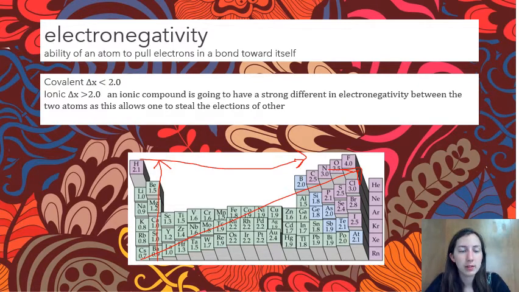Okay, so this X isn't actually an X. It's a fancy Greek letter, called delta, I think. But anyways, because this represents electronegativity, if the difference between the electronegativity of the two atoms is less than 2, then it's going to be covalent. If the difference between the electronegativity of the two atoms is greater than 2, then it's going to be ionic, because that means one is a lot stronger than the other, and it has the ability to